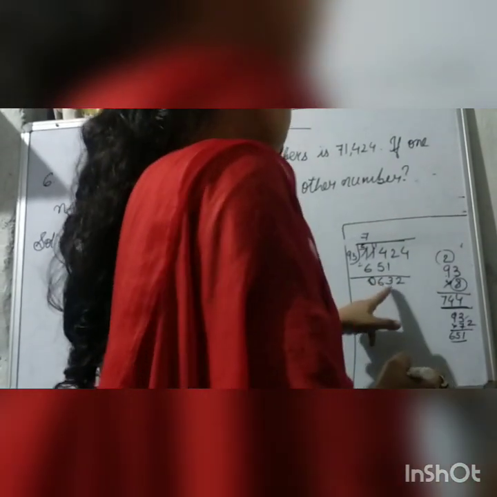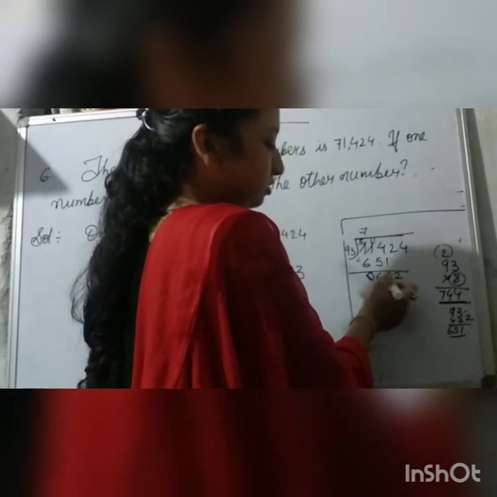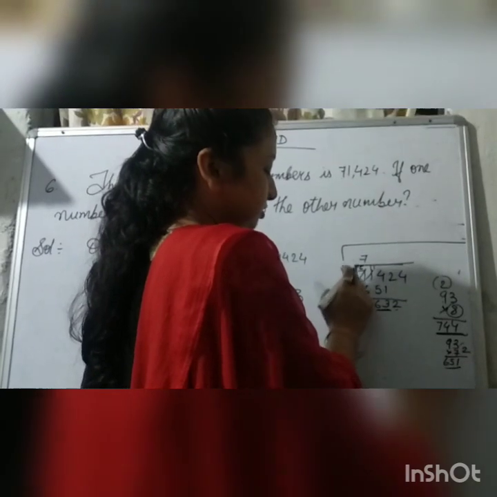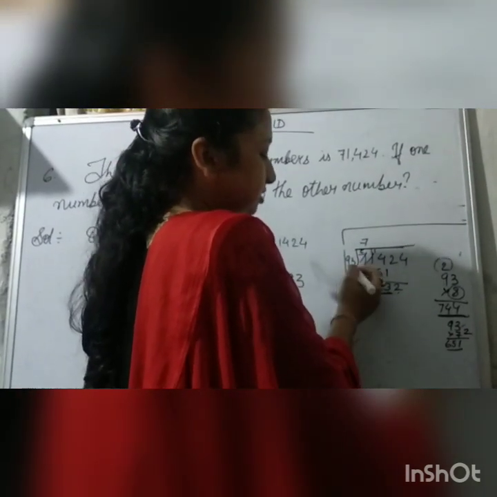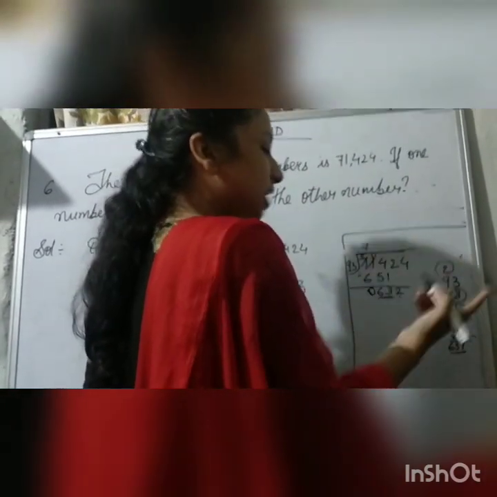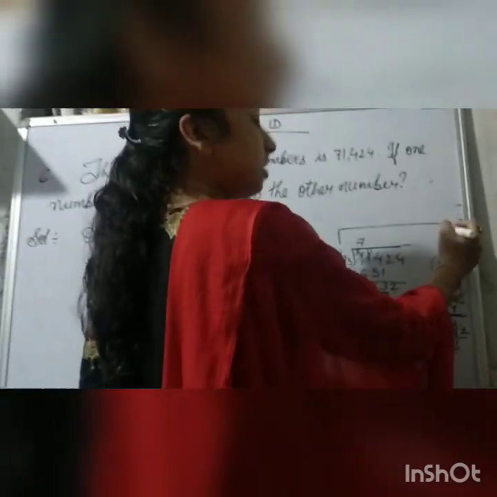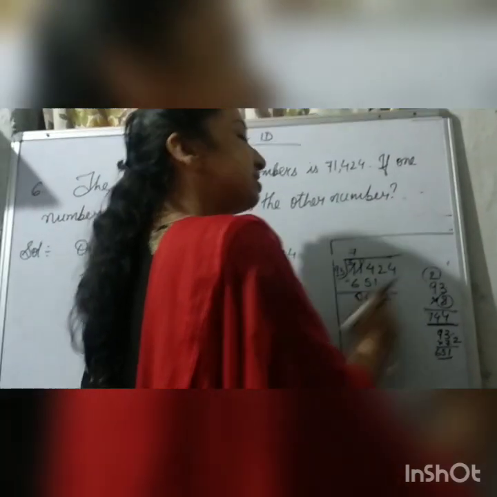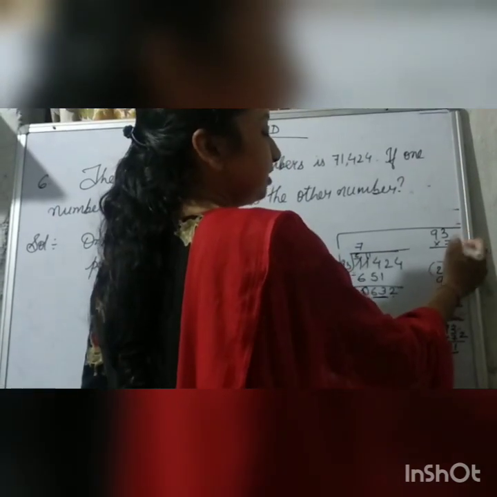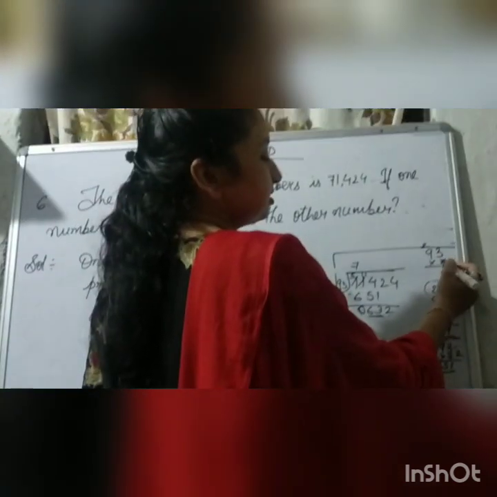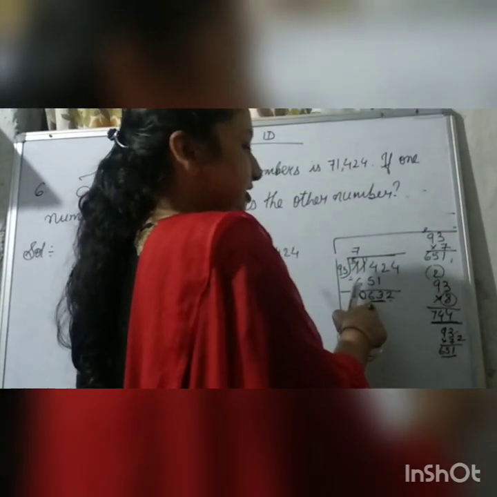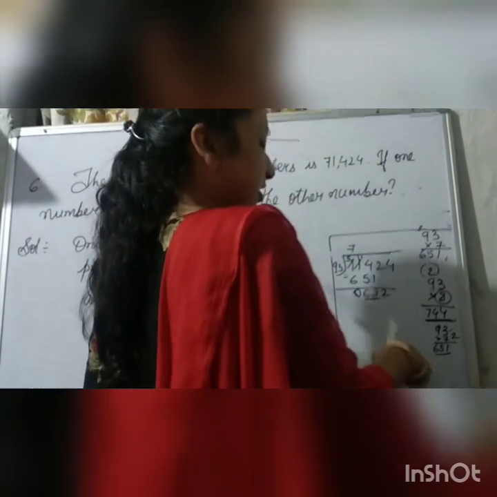Again we'll check by guessing the first 2 digits of this number, whether they come in the table of the first digit of the divisor. The first digit is 9. So we'll check whether 63 is coming in the table of 9. Yes, it is coming, 7 times. So we'll check with 7. 7 3s are 21. 7 9s are 63. 63 plus 2, 65. So again it will be bigger than 632, so we'll take a smaller number.